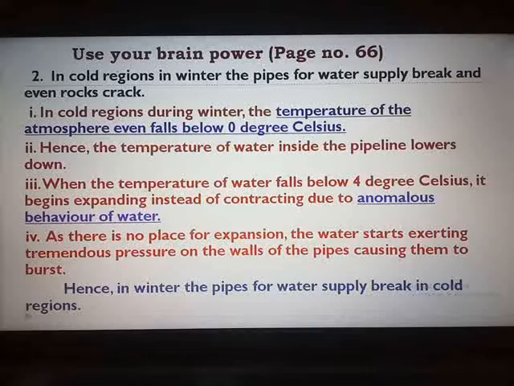Only the textual numericals for this chapter are remaining, which I have already informed will be taken up today also when the portion gets over. Now there is still some amount of time left, so we will start with a new chapter from section A. Chapter number 8, Metallurgy. Now 8 and 9, which are remaining, are quite lengthy chapters, but theoretical, so memorization of the topics is a must. A lot of equations are also there, so be very careful.